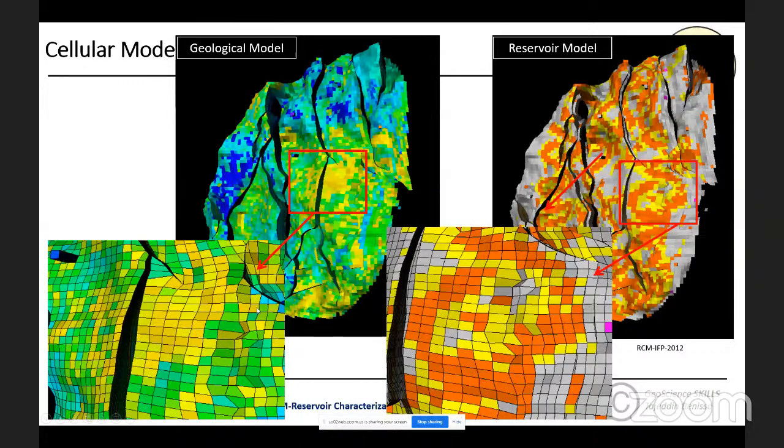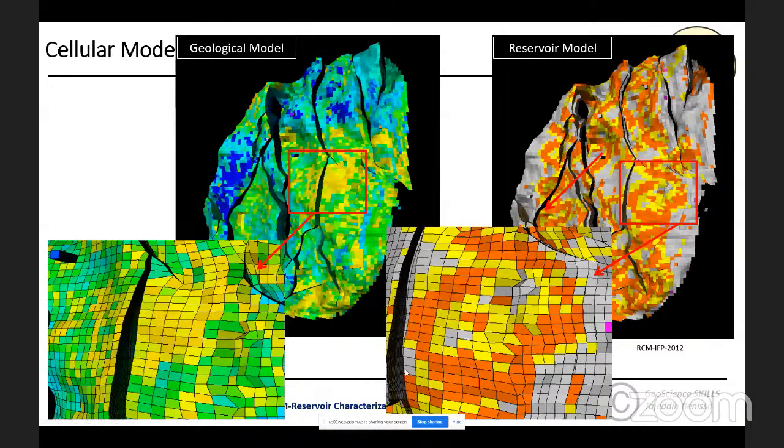You can see that the reservoir before modeling has been divided, and we will see later in the workflow of the modeling how we create these cells. And these cells are filled with the input, from the porosity input. In the reservoir model there will also be cells filled with